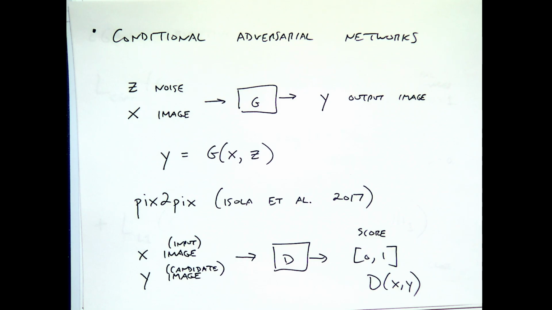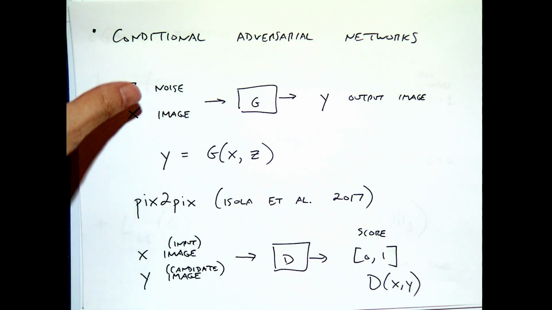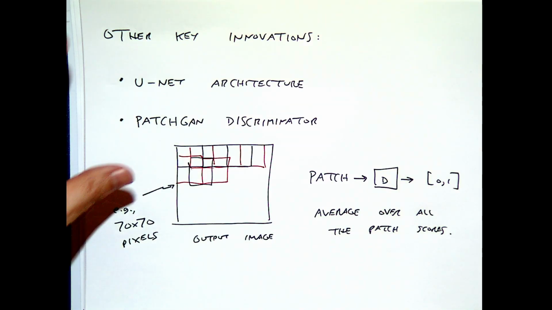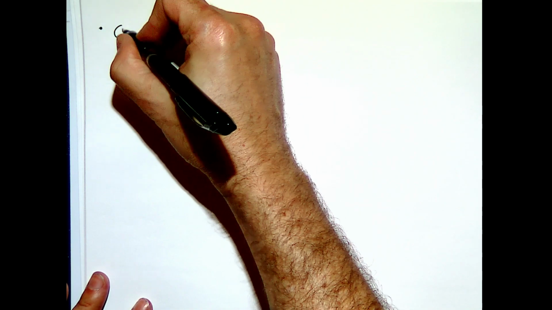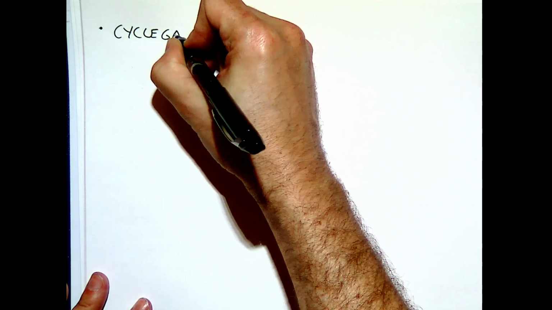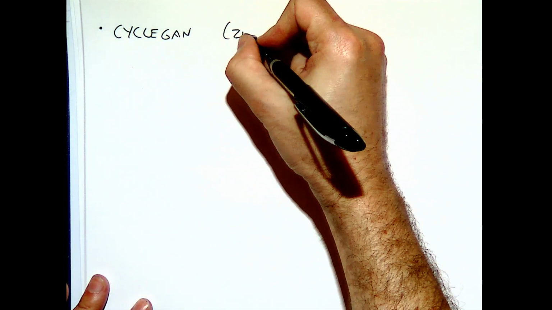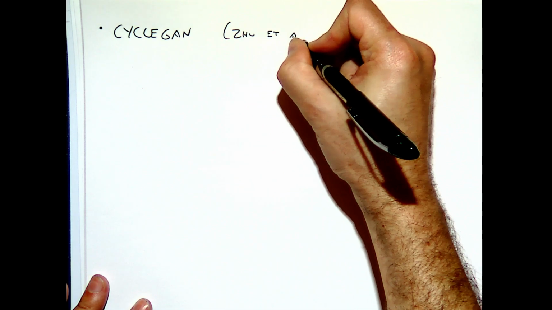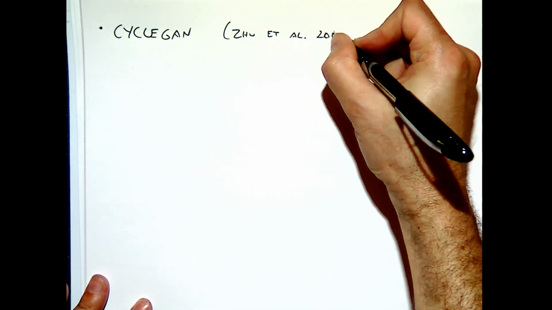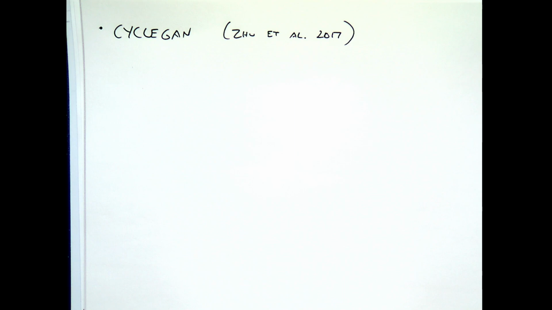Okay, so this is number one of the things I want to talk about. And this led to, although I don't know, maybe the timing was a little bit simultaneous, something called CycleGAN, which was the next big thing. Again, this was coming out of the Berkeley group in 2017. This is a similar idea of trying to do image-to-image translation, as it were, except that,